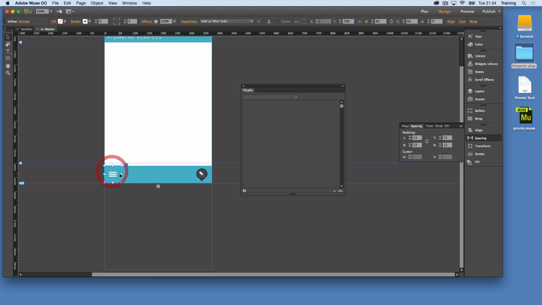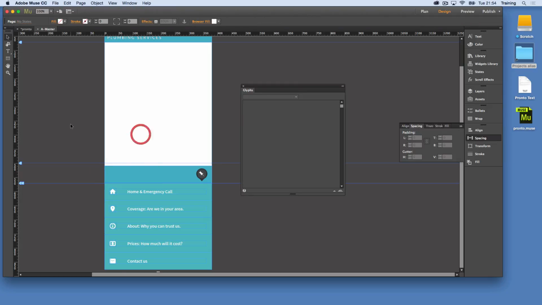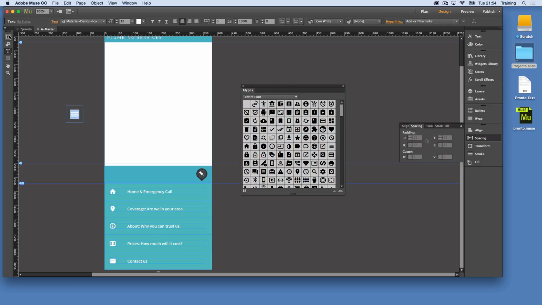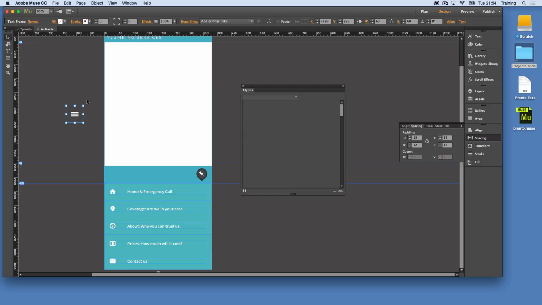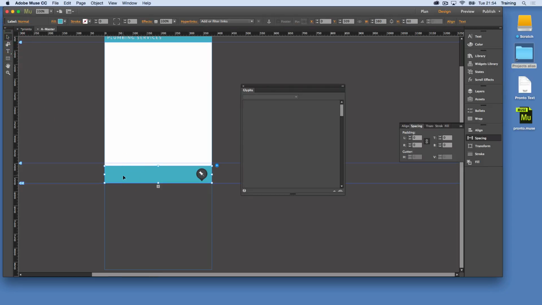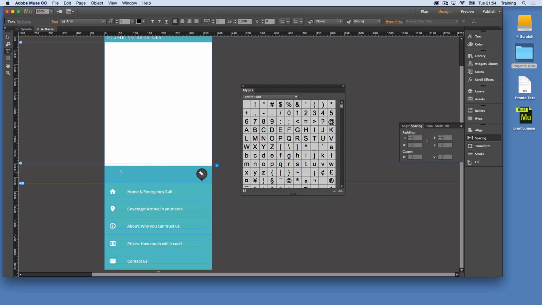So let's just go through that process. If I cut that out and place that on the page here, so we've got that. That's just a text box. We can see that it's a text box because when we double click our text tool, and if we cut that out and then double click into our accordion panel here,